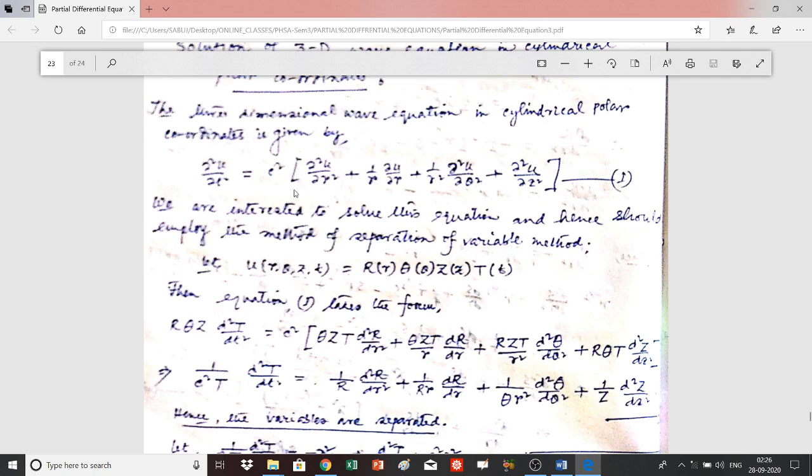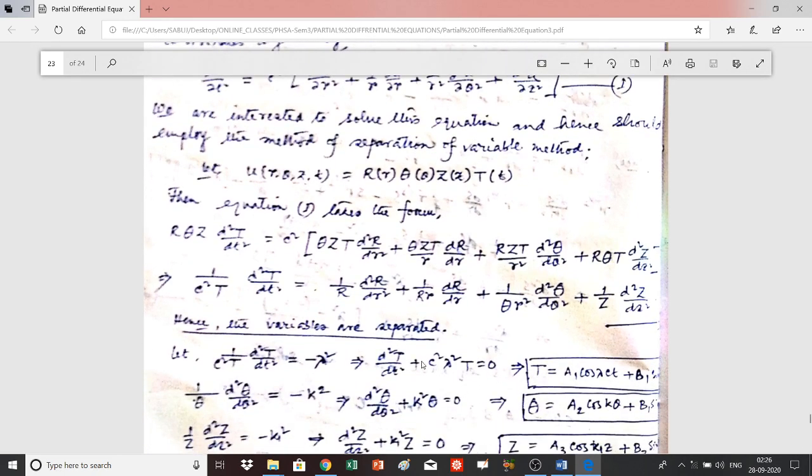Now find all the partial derivatives from this relation, the values of these and these, and then substitute these values in this expression. Then you will have R Θ Z d²T/dt² equal to c² and all the terms there. Now, dividing both sides by R Θ Z T and c², that will give you this. And here the variables are separated in this case,